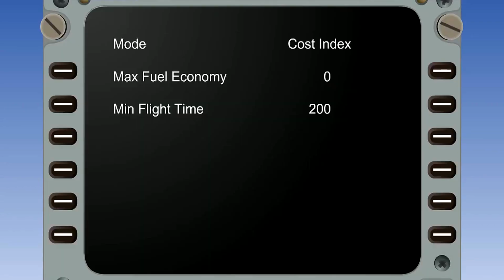Cost index is determined by dividing aircraft operating costs by fuel costs. The range of values is then put on a sliding scale which is from 0 to 200 for the Boeing Classic series of FMCs. 0 gives minimum trip fuel and 200 gives minimum flight time.